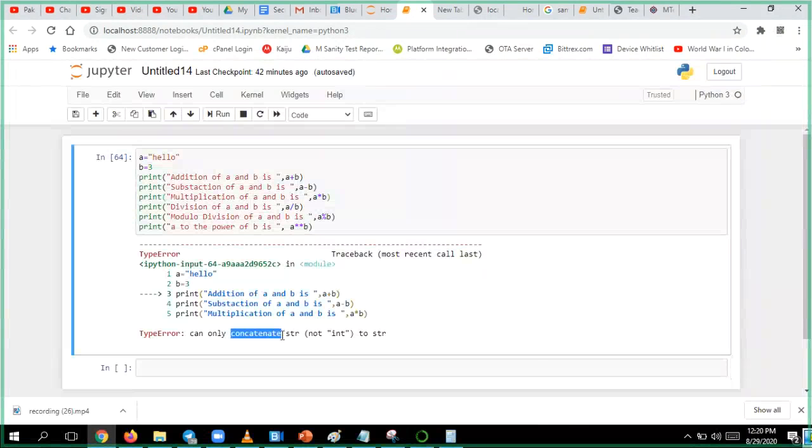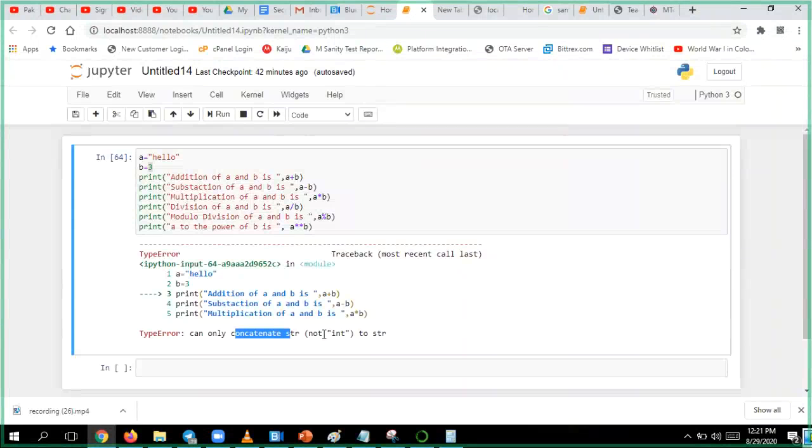Concatenation means adding strings. If you add a string with something else, like the number 3 or 4 or a complex number, it immediately raises an error.